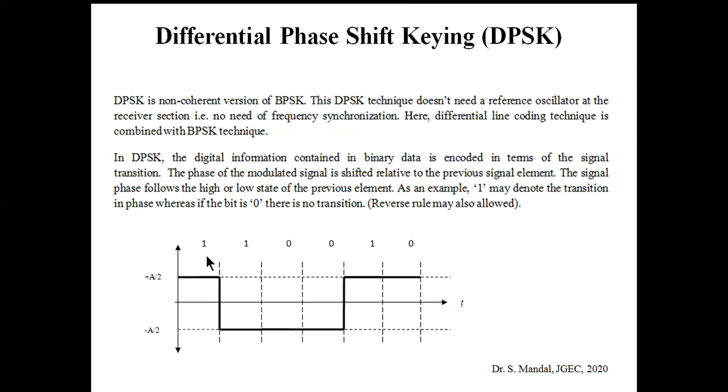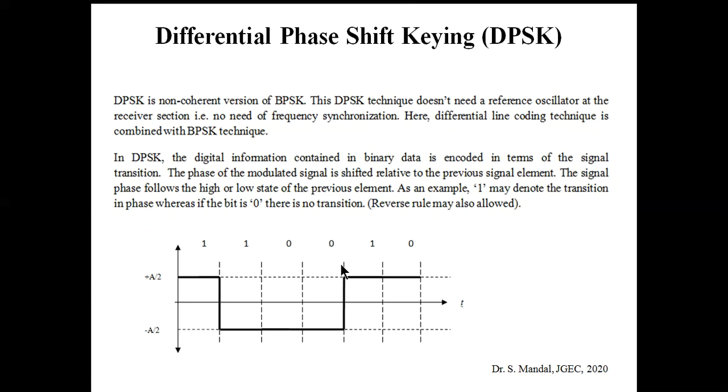Okay, so you can see that if you assume the initial 1 is denoted by plus A by 2, then the next one will be denoted by minus A by 2, and it will continue. And for 0, the previous voltage level will be continued. So whenever there is 1, the shift will occur. So that is the differential line coding, where the shift in voltage level occurs when there is 1 in the bit sequence. However, in case of DPSK,